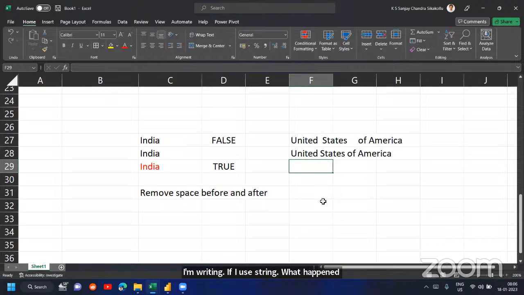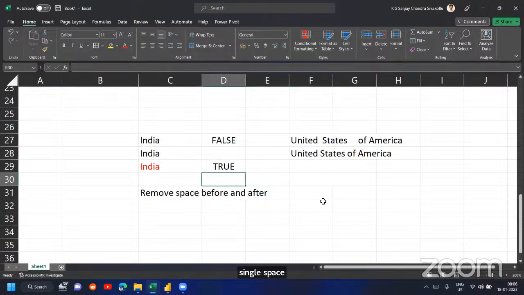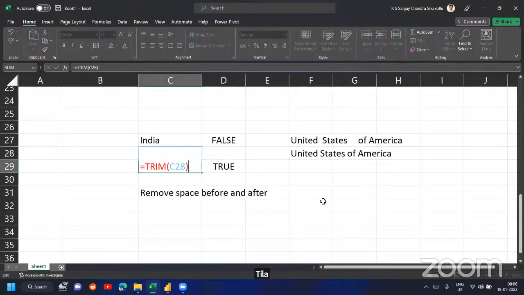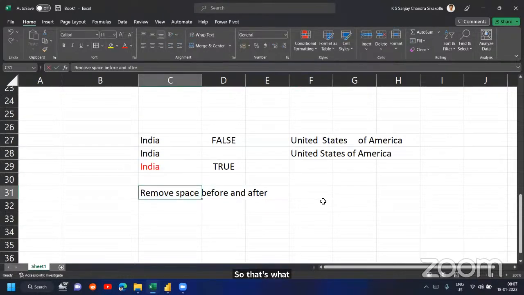It makes it a cleaner way. Exactly. So wherever there are multiple spaces between the words, it converted all those spaces into a single space. Clear. So that's what trim does. Now in Excel, you have to do it manually by writing a formula. There, you are just doing it with one click of a button.